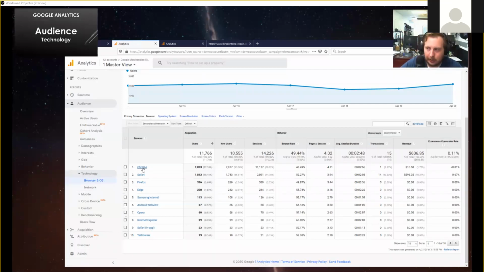So in this situation, the number one browser is Chrome. So you know that making sure that your site is formatted to perform correctly in Chrome is probably a good idea. But if, for instance, your target market is skewed older, they're more likely going to be using Internet Explorer or Edge. Then making sure that that is actually on this list and it's showing up at the top of the list